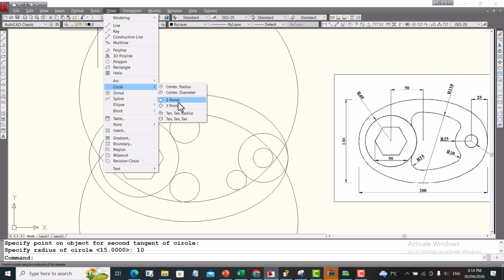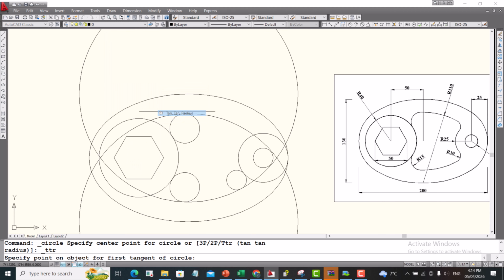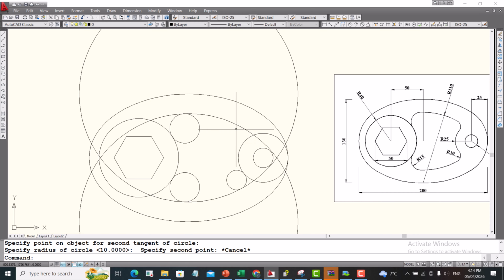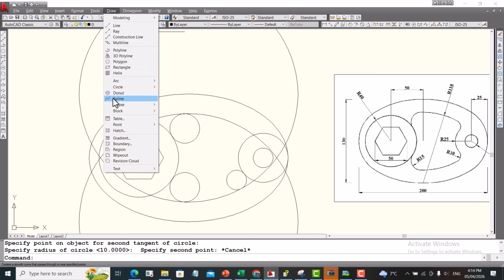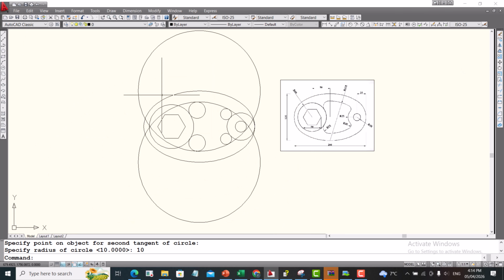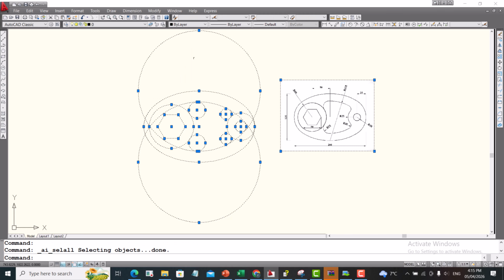circle, tan radius, determine this one and this one. Insert, draw circle, tan radius, this one and this one. Put cursor in the side and 10. Great. Now Control A, then